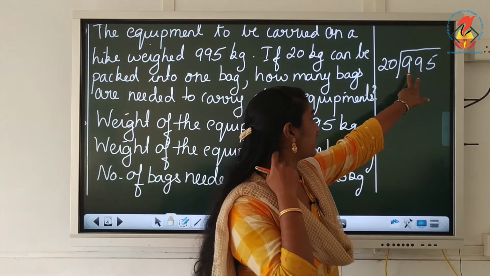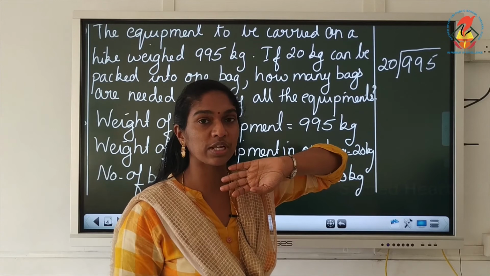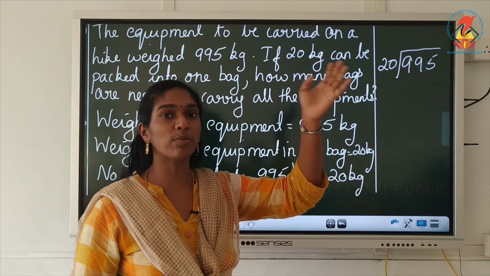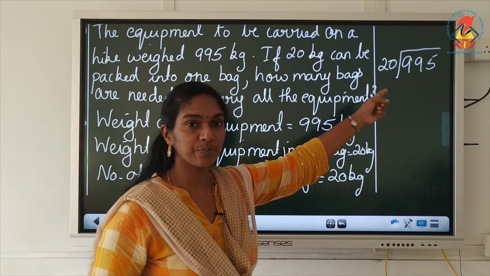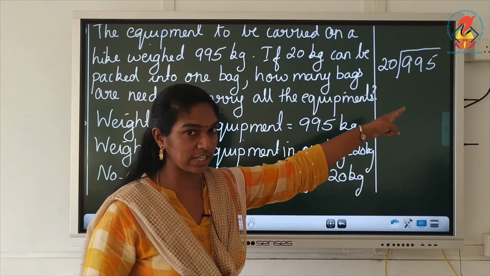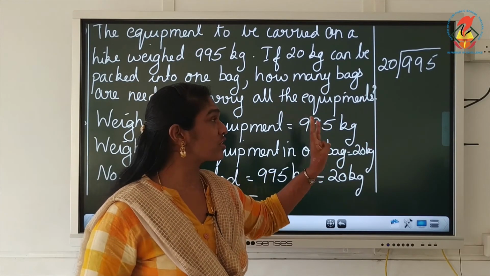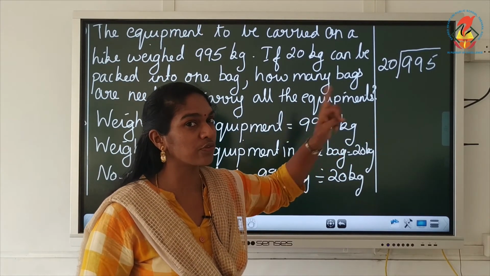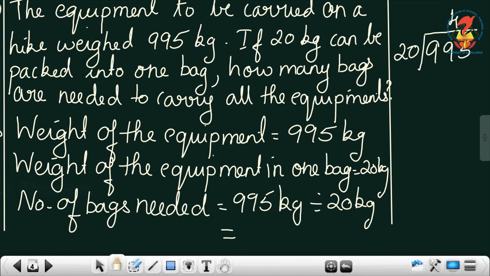So starting with 2 digits, 99. It's greater than 20. Now find out from 20's table where you can get a number less than 99. Just think about 2's table. 2 ones are 2, so you will get 20. 2 2's are 4, so you will get 40. 2 3's are 6, so you will get 60. 2 4's are 8, so you will get 80. 2 5's are 10, you will get 100. So which one will you take? You will take 2 4's are 8, that is 20 into 4. 20 into 4, you will get 80.